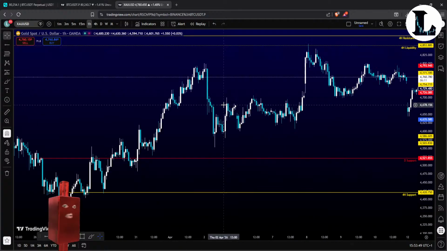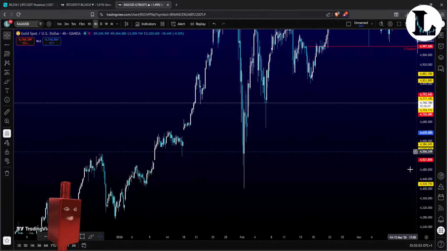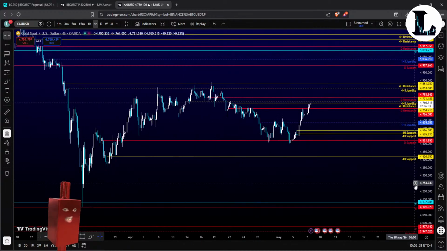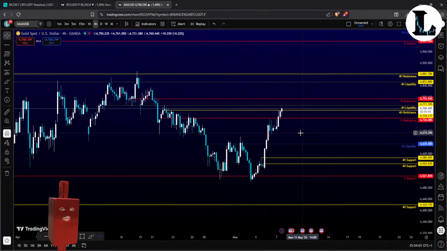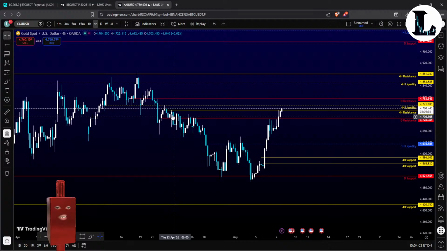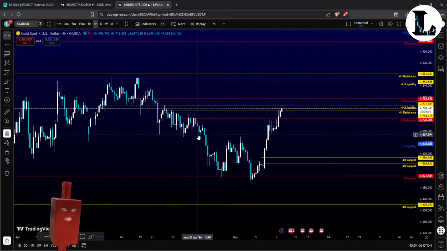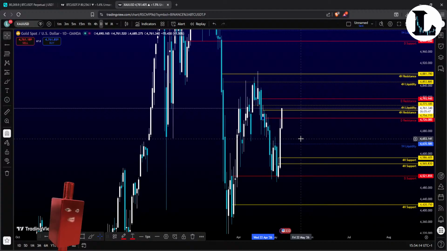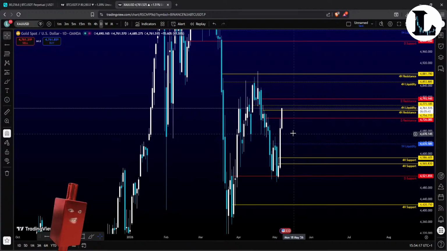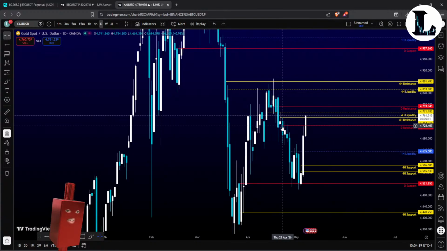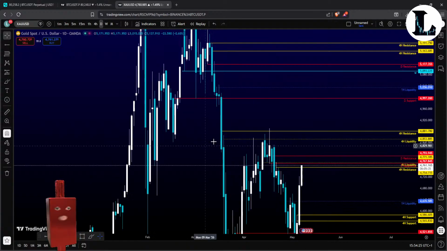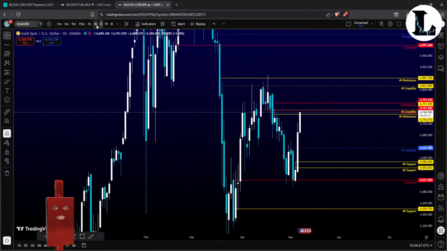So let's go to another chart. What chart do you want me to see? Yeah, gold is kind of destroying this resistance. It was already tested, so it's normally a breakup. The daily was already tested, so that's fine. We probably don't need this daily anymore. We don't have a confirmation yet. Yeah, but I'm gonna mark it here because this is the last one before we attack the next range, of course.